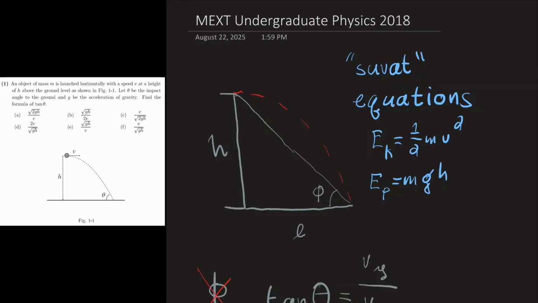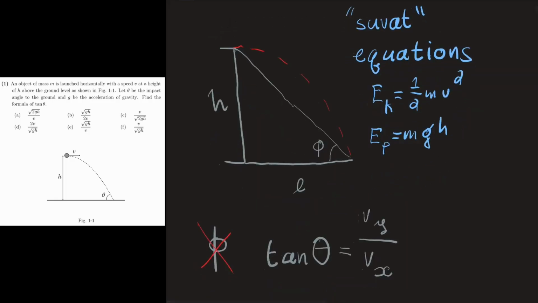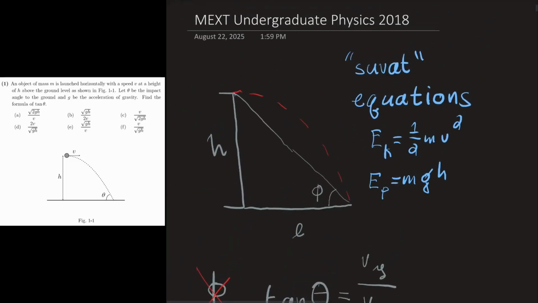So for this question, you need to know about 2D kinematics. In my case, I learned about these so-called Suvat equations, which you can easily find online. You also could find use in knowing the formulas for kinetic and gravitational potential energy, which are these two equations right here. You can solve the question without using these and only using the Suvat equations, but knowing this makes it a lot easier. And these two equations are generally very important for other parts of the physics exam, so you should